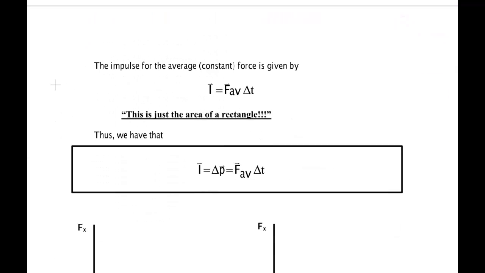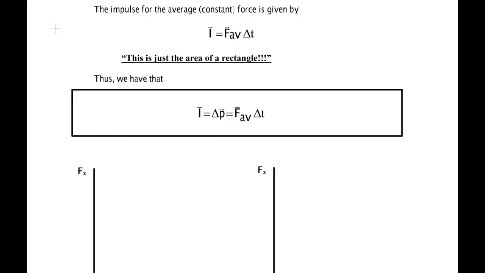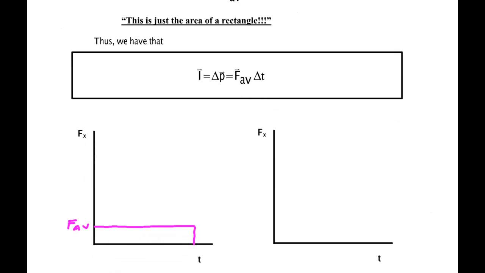Now, we can do more to this. There are certain graphs that we can know a lot about. For instance, if the graph was like this, and it was constant, when you have a constant graph, that's by definition what you call the average. So if you talk about the impulse having a particular area under the curve,